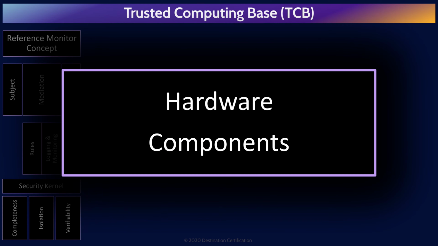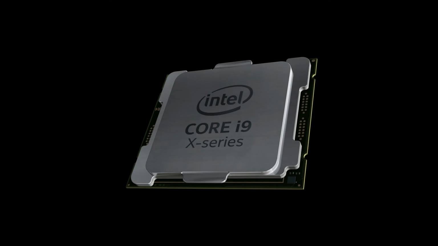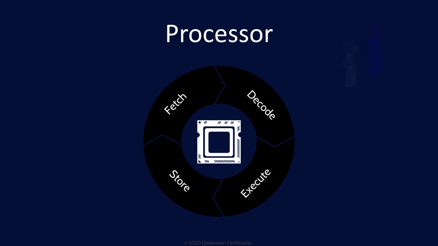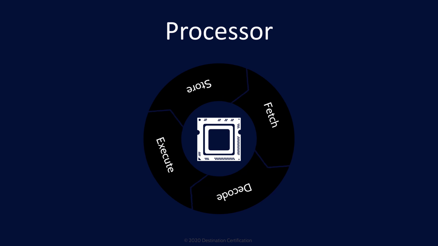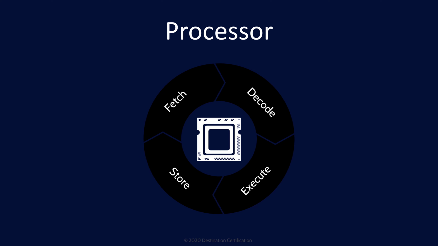Okay, now let's look at some hardware components within computer systems. Some of these components will be components within the TCB. Starting with CPUs, Central Processing Units. CPUs are the brains of computers. CPUs fetch instructions, decode them, execute them, and store the results. And these fetch, decode, execute, and store steps run millions of times per second, allowing us to run multiple complex